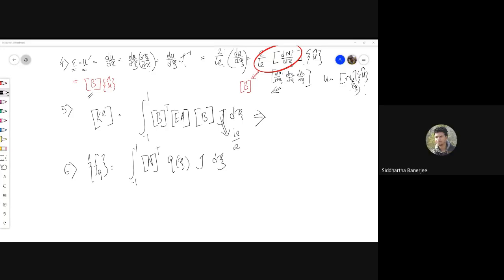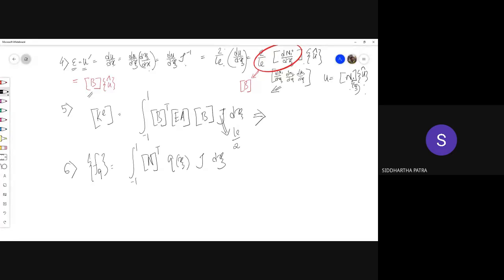So we have to perform also the integration. Yes. So unlike the previous case, this time you will see that the terms in the B matrix are functions of xi, basically linear functions of xi. Now, when you multiply this whole thing, of course, EA you can take outside of the integration, because you can think for the time being that these are constants. So B transpose B will give you a set of quadratic functions in xi.